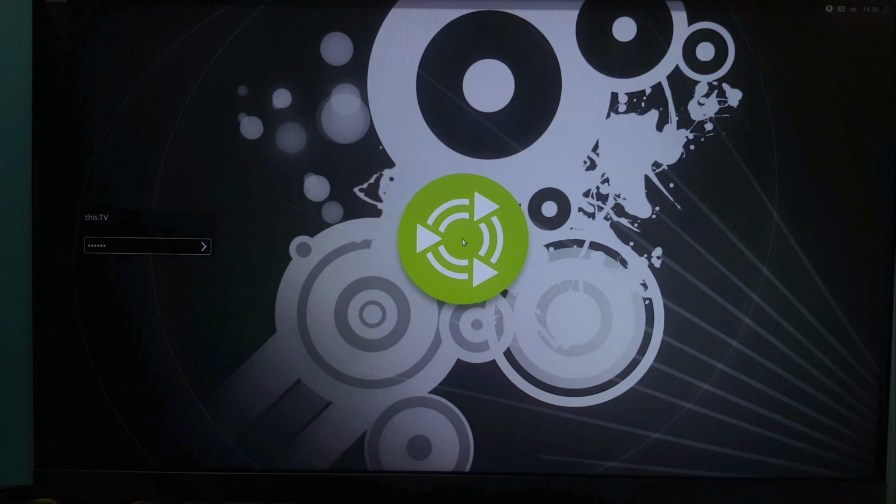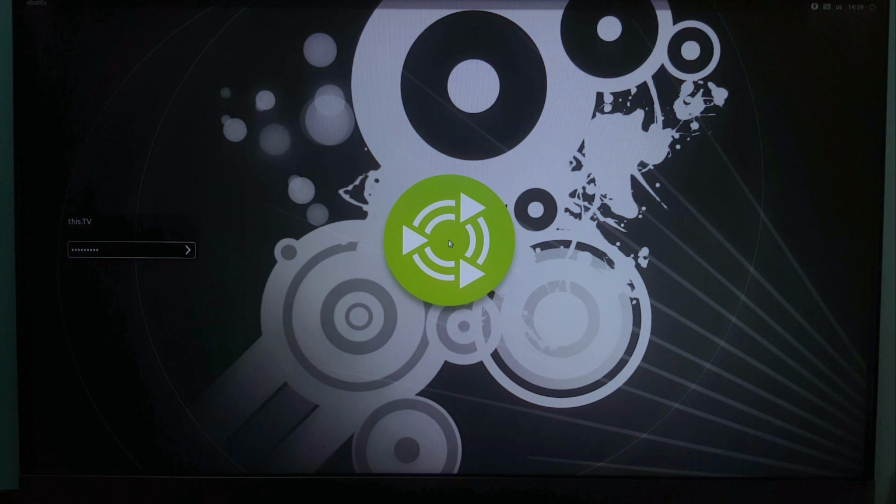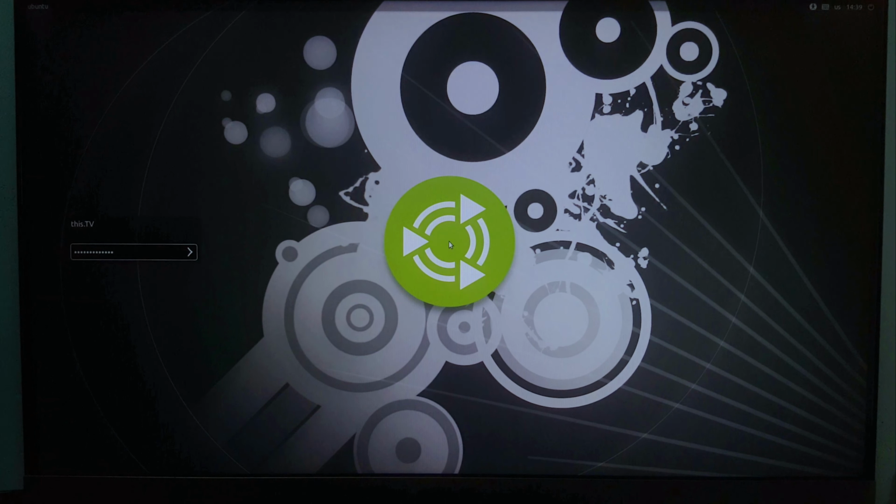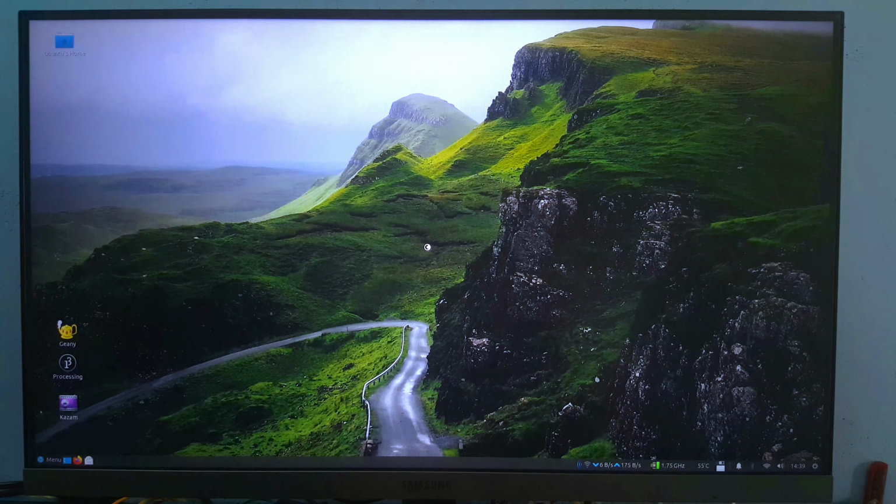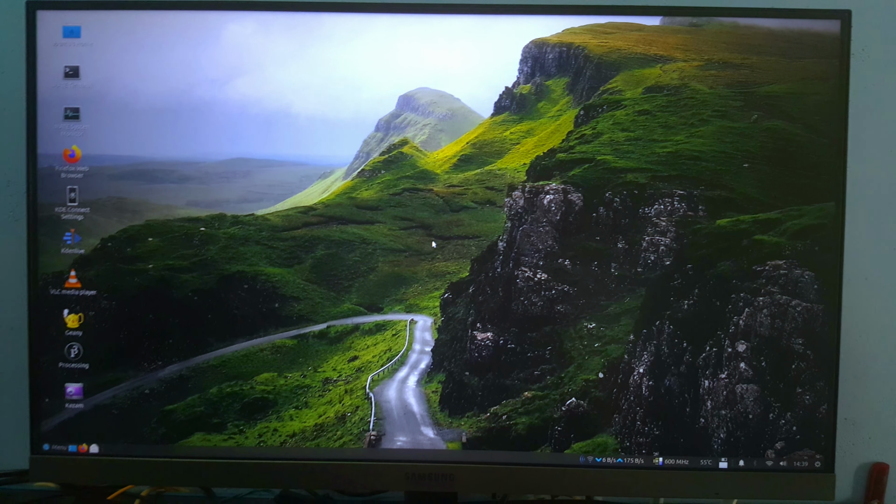So let's enter the password. So there we go. This is the Ubuntu home screen.